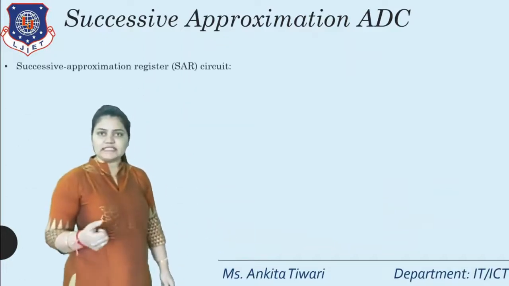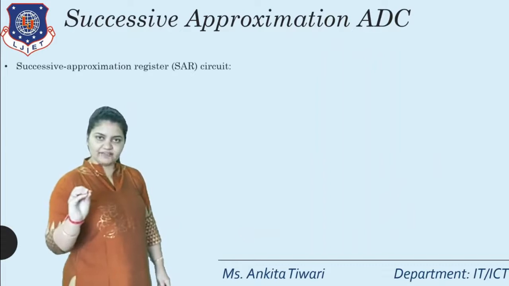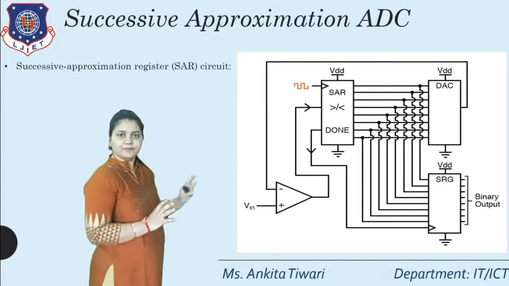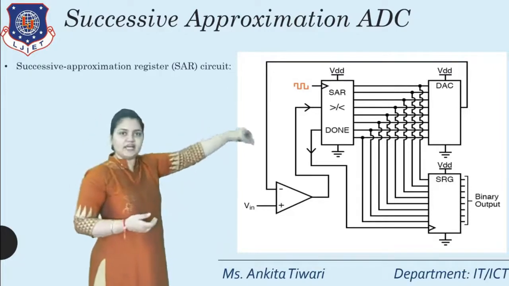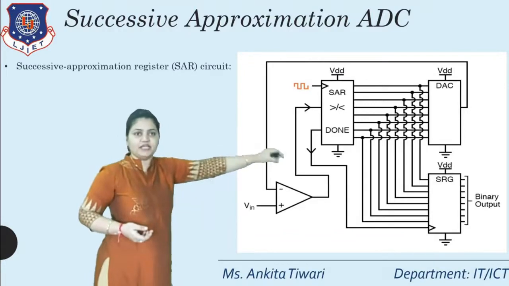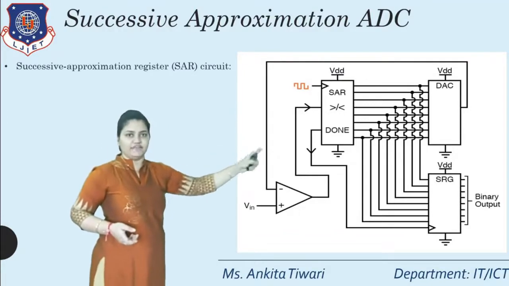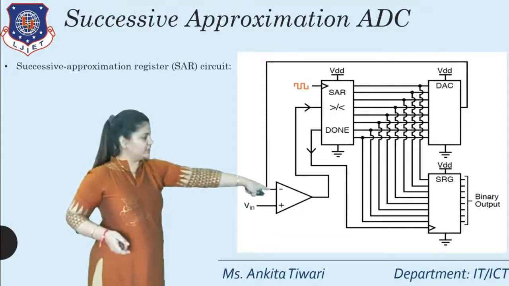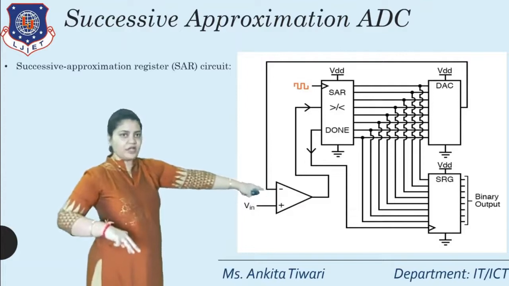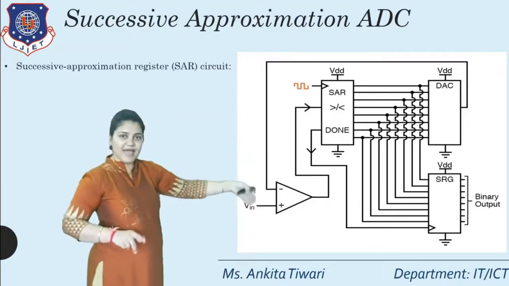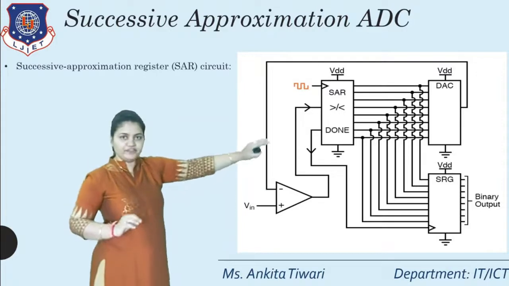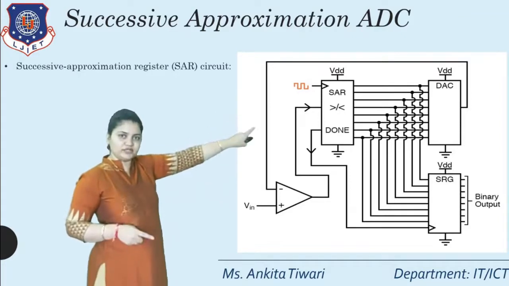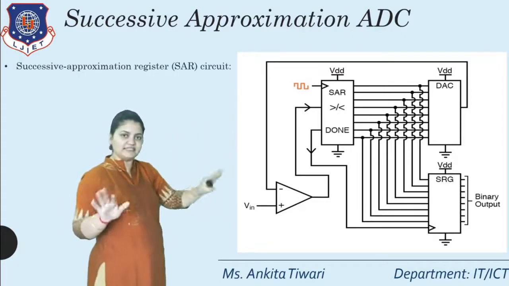Okay. So here we need to have a look at the successive approximation circuit. Here we have the circuit, which is actually very difficult to understand. But as you can see here, the SAR is given, the DAC is given, and the comparison is being done at each and every bit. That comparison is made with the voltage which is given, and when any of it is matched, that will give the binary output. If it is not matched, then it will continue through the circuit. It will do the comparison till the values are equal.